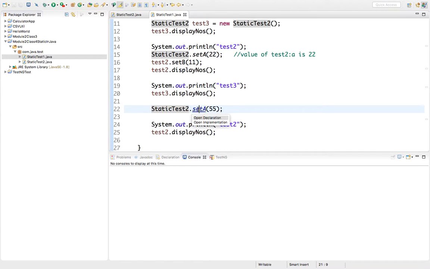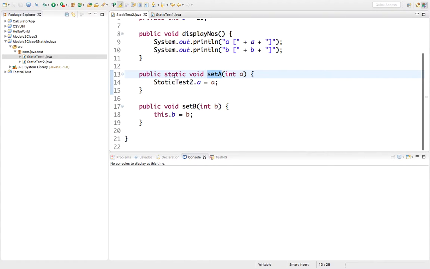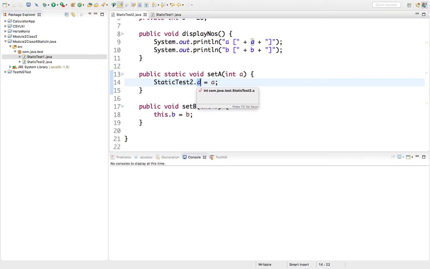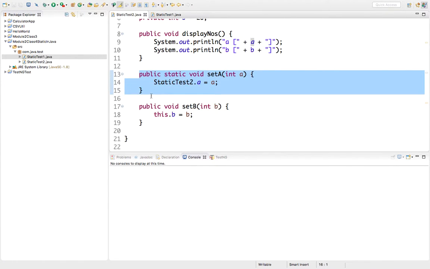Now you can go into this method and you can see this method is a static void. It's not just public void, it's a static void, because the variable that we are modifying is a static variable. So we cannot modify the static variable without having a static method. The static method also belongs to the same class. So if you have multiple objects created, you still don't need to call this method from an object, you can directly call this from static.